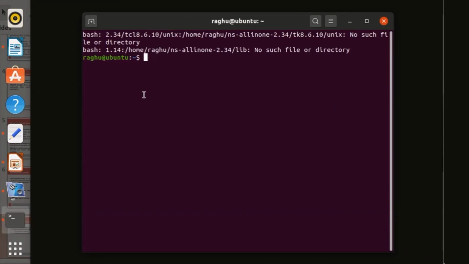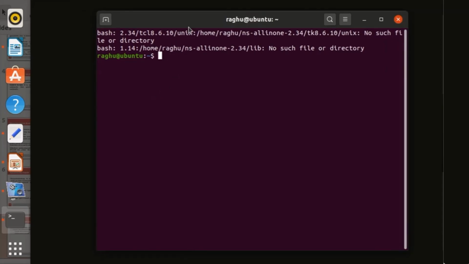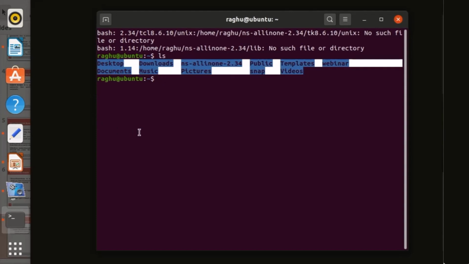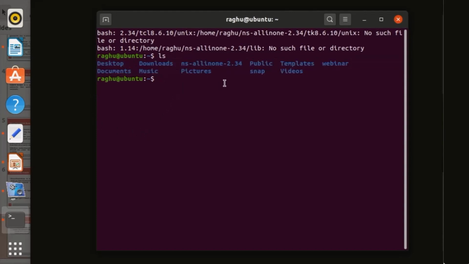So first, when we open the terminal, we are in the home folder automatically. Currently we are in the home folder. Now to go to the webinar folder, since I know that the webinar folder is in the home folder only, we can give the command to change directory. But if we do not know whether the webinar folder is there in the home folder, we can simply type ls. ls will do what? Whatever files and folders are there in the home folder, it will display them. Is any webinar folder seen here? Yes, this one is here.